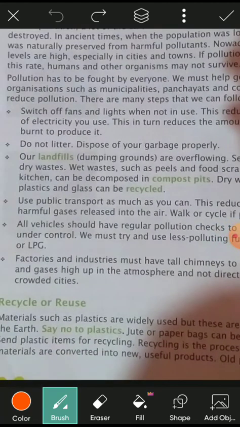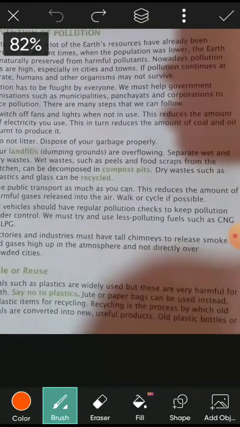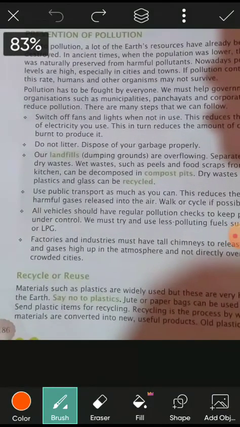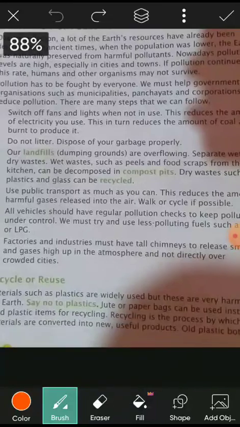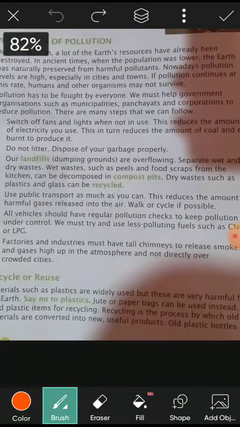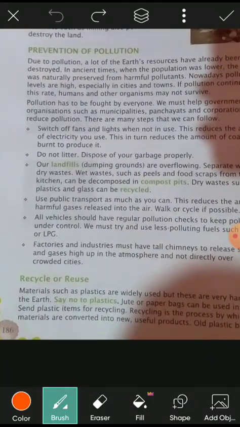Okay, so now the next is, all vehicles should have regular pollution checks to keep pollution under control. We must try and use less polluting fuels such as CNG or LPG. That means some vehicles create more pollution, so we have to use other gases, that is LPG gas and CNG gas. These types of gases are not harmful in our